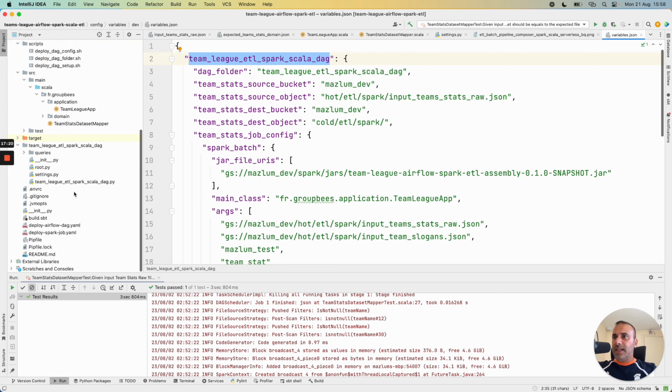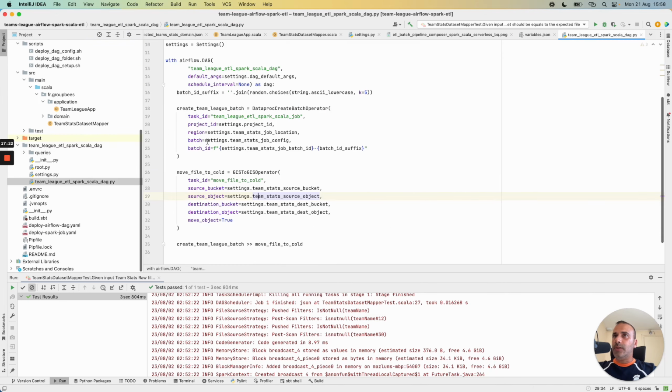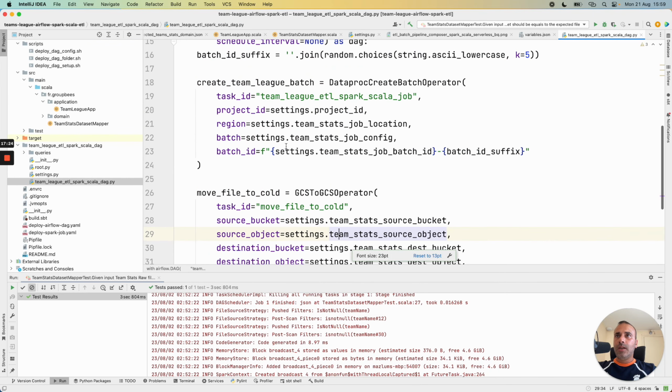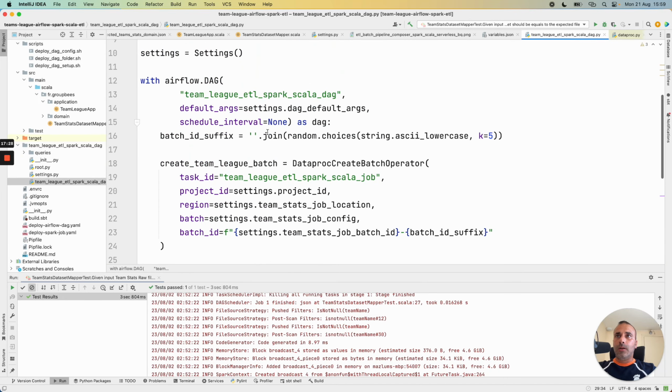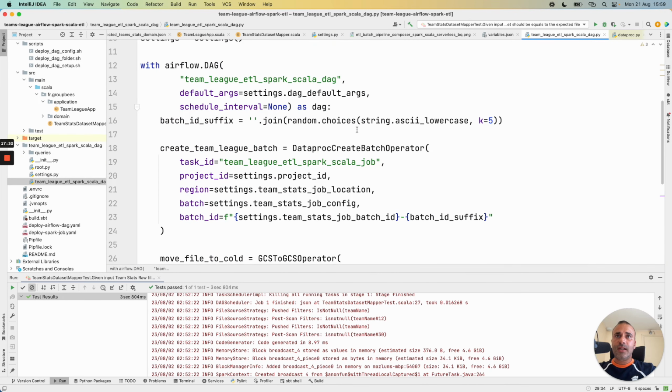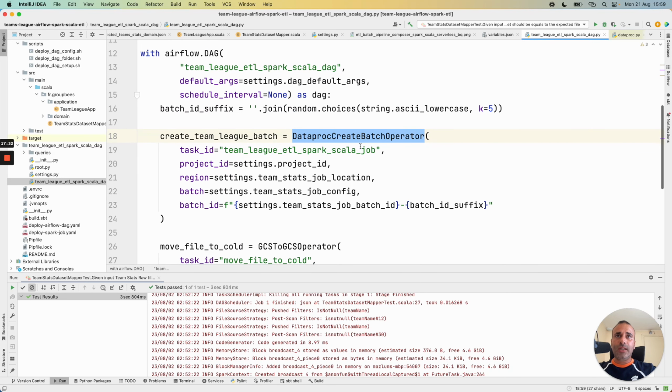I go then in the code of the DAG. In this case, in Apache Airflow, I have access to a dedicated operator to launch a Dataproc serverless job, because Apache Airflow gives a set of operators for Google Cloud, and we have built-in operators to perform some tasks.